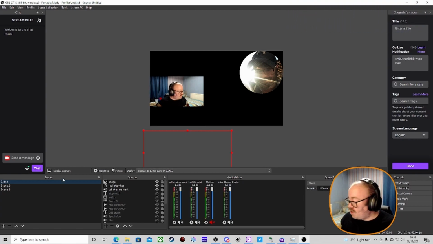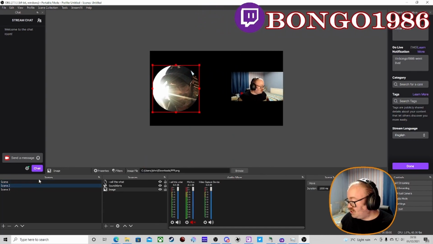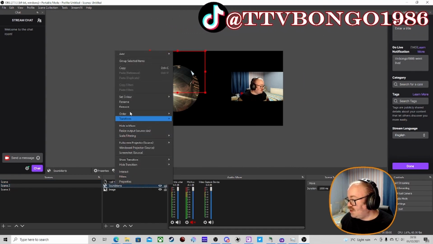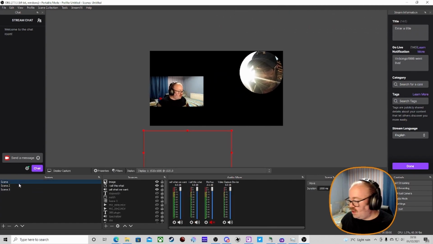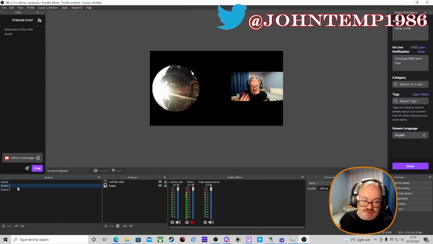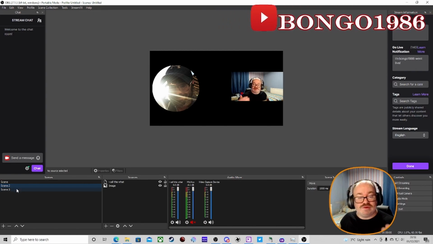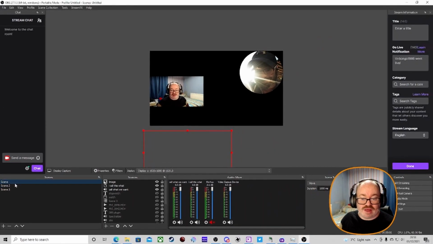Anyway, at the moment I've just set up a quick scene. As an example, whenever I switch scenes, it's got the same two sources on it. You can create this by doing it with Move and keeping it all in one place. But if you're switching scenes, it's quite easy and quick to do, and you can do that with a Stream Deck. So as you can see here, we're just switching scenes, and you can see in the top right